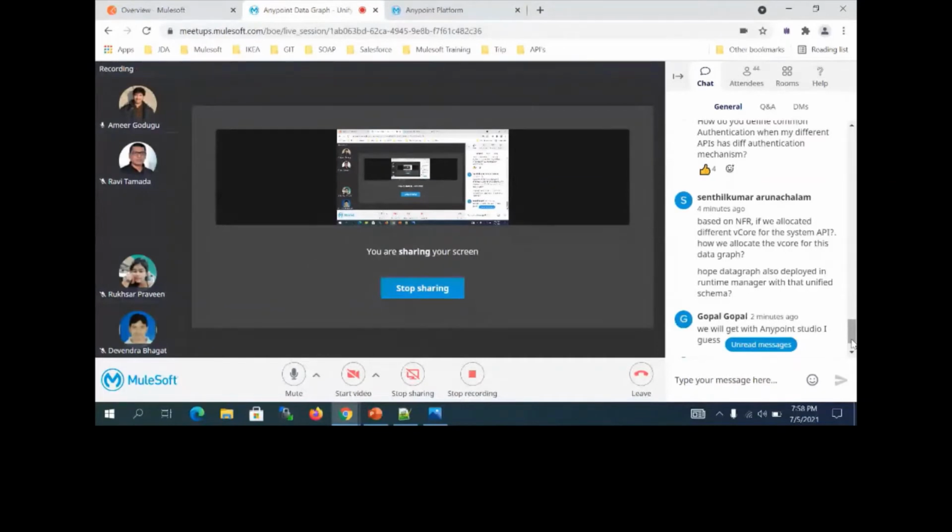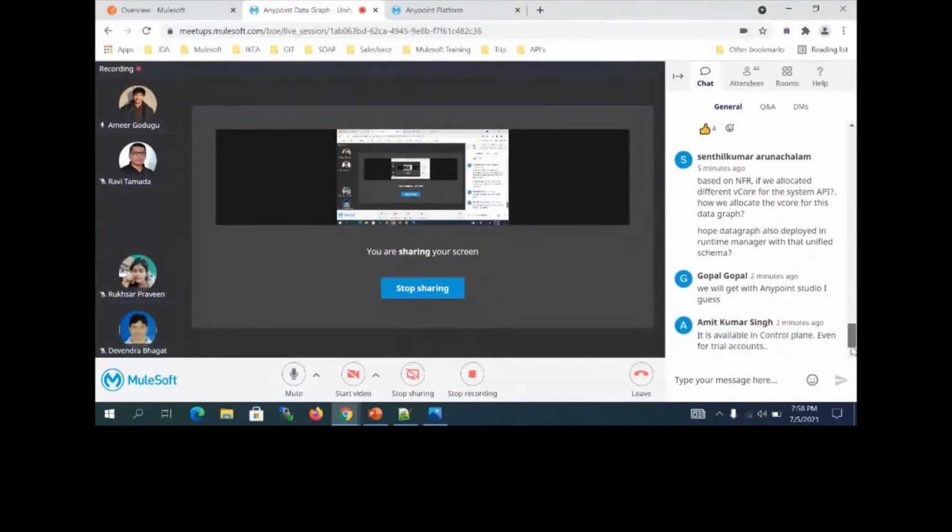Are we going to deploy it in Runtime Manager with a unified schema? No, we are not going to. Will we get this in Anypoint Studio? It's not with Anypoint Studio. It is a part of Anypoint platform. Yes, with a trial account, but only if you sign up for a new account after maybe May 15 or so will you get Anypoint data graph with a trial account.